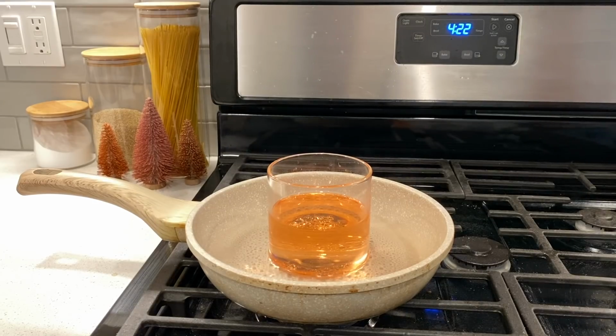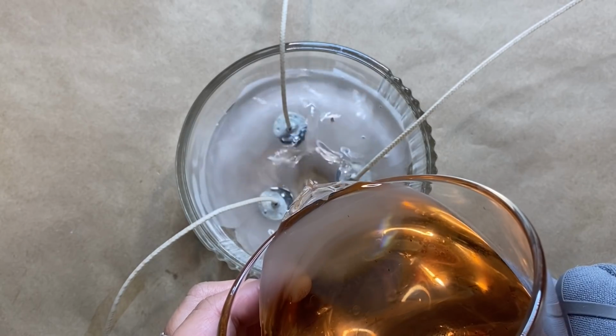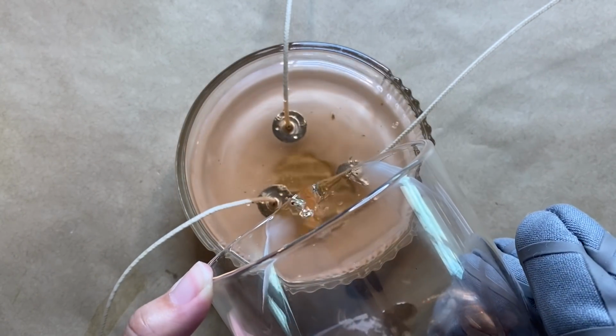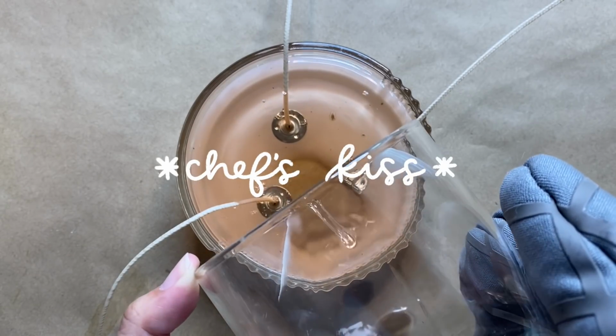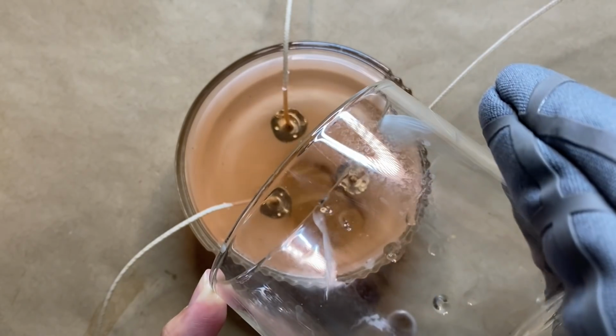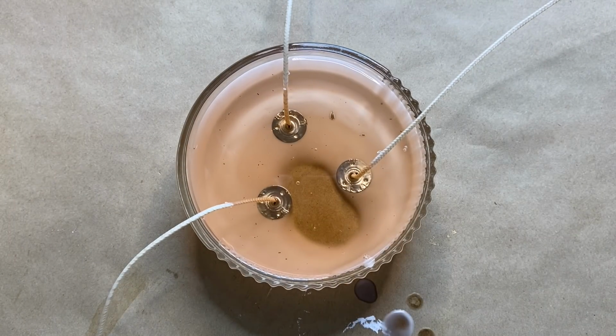Once my candle was melted, I just poured it right into the container, and this was actually so satisfying because the candle was literally the exact amount that I needed to fit into the container, so it worked out perfectly. However, what was not satisfying were those tiny black specks in the wax,